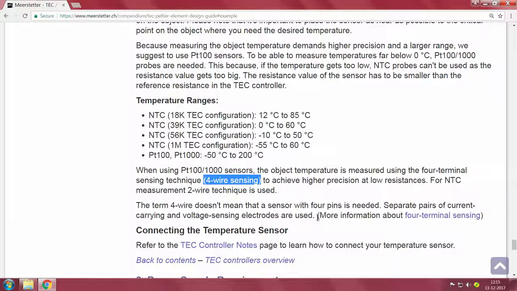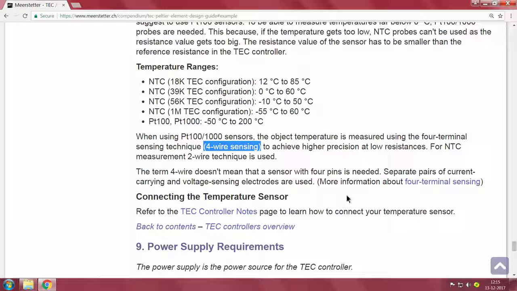This is sufficient for disturbing all the readings. So, invariably they have the 4 wire sensing. So, you go to current carrying and voltage sensing electrodes are used. More information about 4 wire terminal sensing is given there.